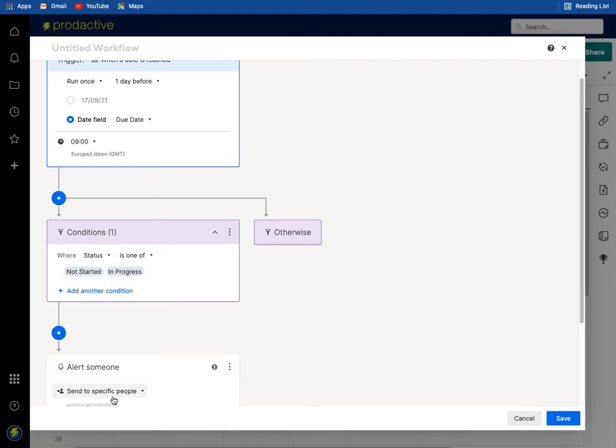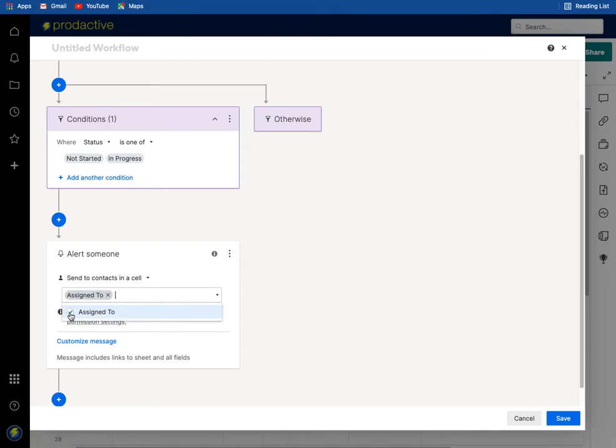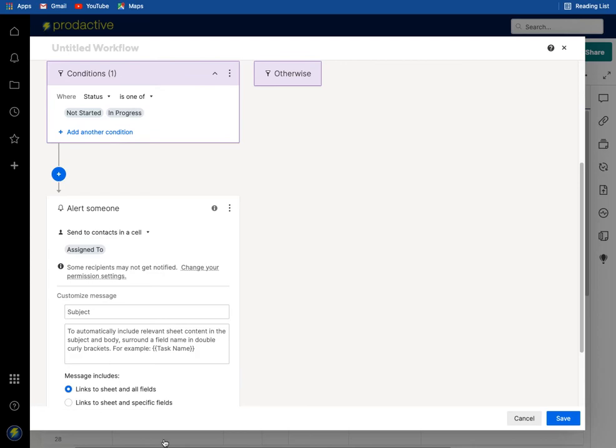I'm going to ask it to alert someone. So who do I want to alert? I want it to alert to contacts in a cell. I want it to alert the person who it's assigned to. And here I'm going to customize the message, and what I'm going to do is I'm going to say